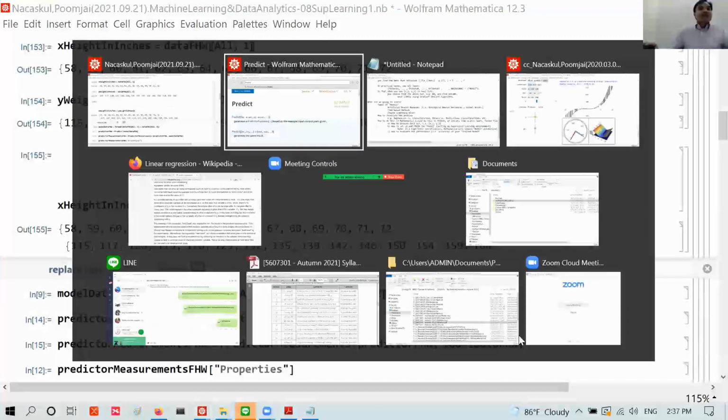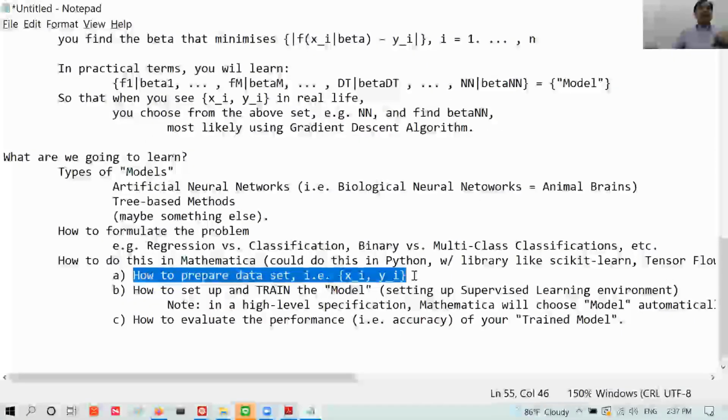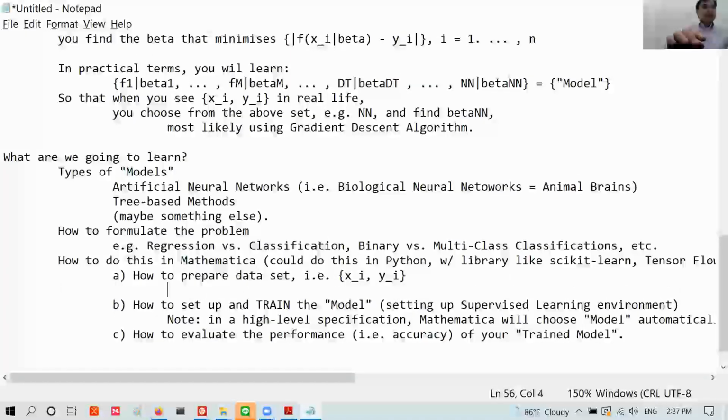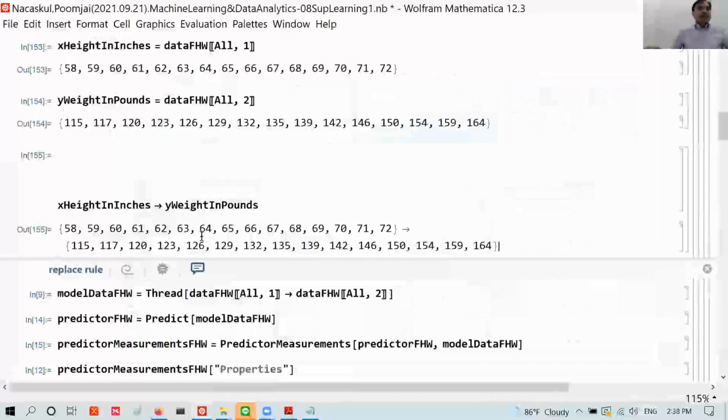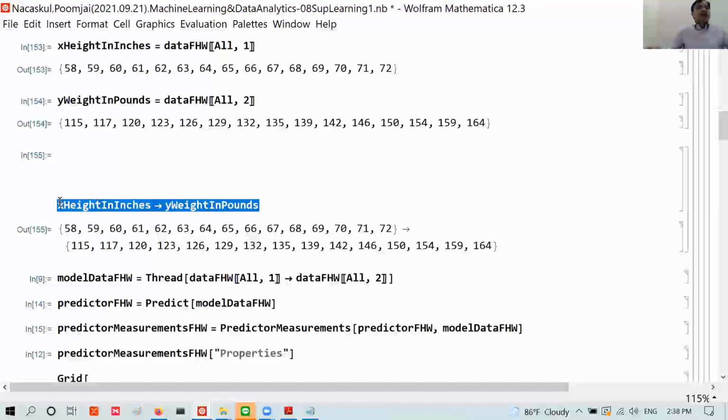So just to show you a very baby example of how to prepare a data set. Okay. How do we do that? You basically do set of x points to y. Okay. Or alternatively, you can do this as well. You can set x_i points to y_i. Okay, you can do this. In other words, you can say, okay, this x points to y, and this is a function called Thread. Thread is sort of like